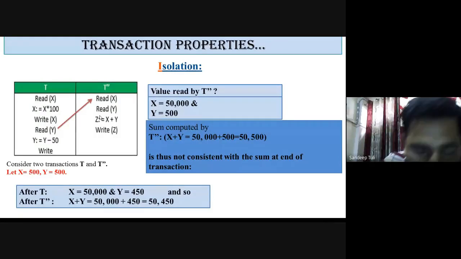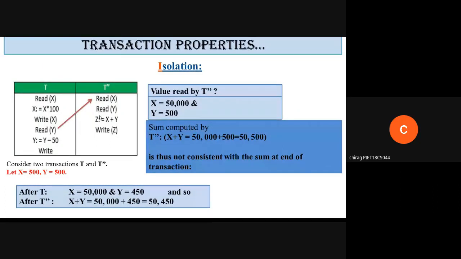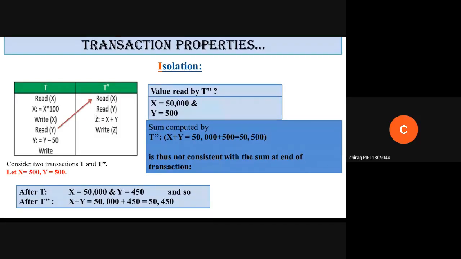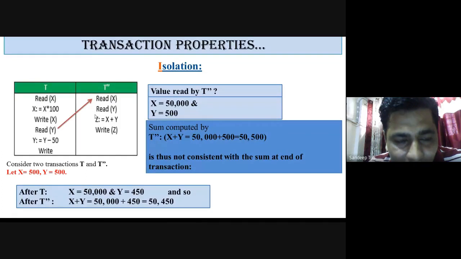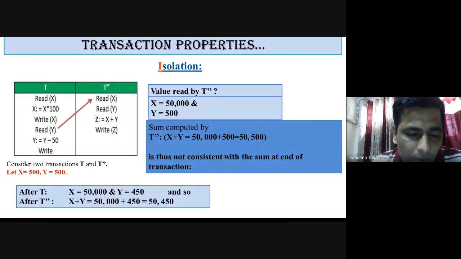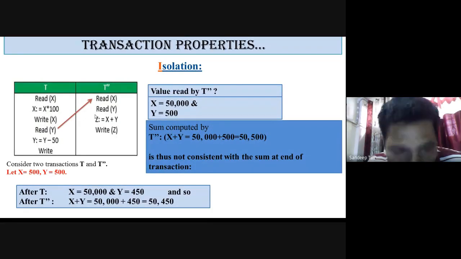Sir, there are some methods that we can implement in the databases. Sir, what happens if the transaction T gets an error? At what point does T get an error? Near the calculation, like X into 100. In that case, whatever instructions have been given to the database will happen. If you have asked it to roll back, then it will be rolled back to the particular statement.